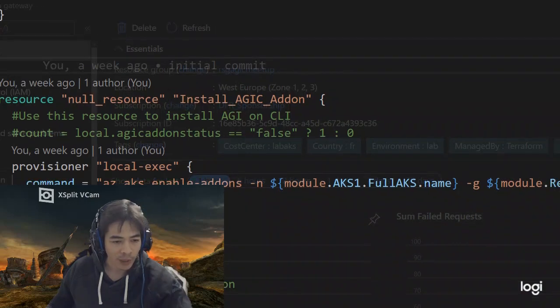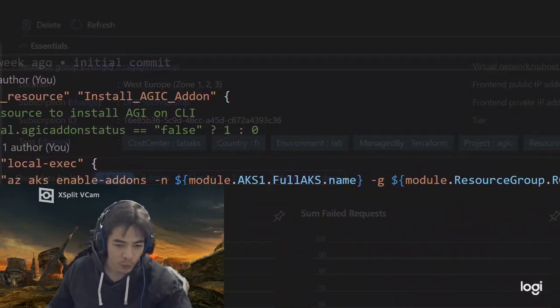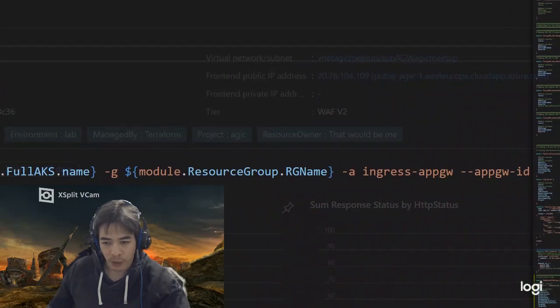So I'm adding the enable add-on with the benefit of Terraform, which allows me to interpolate the name of my cluster, the resource group of the cluster, and also the application gateway ID.